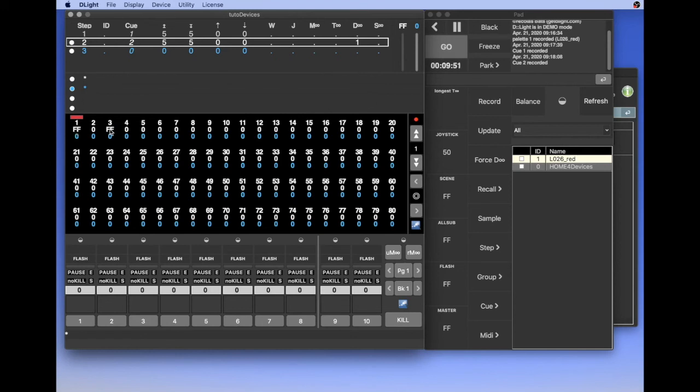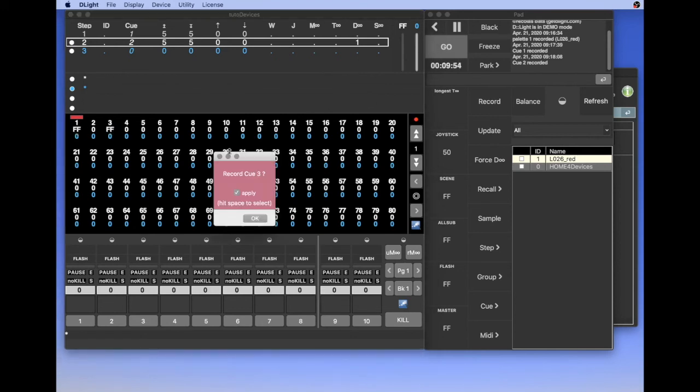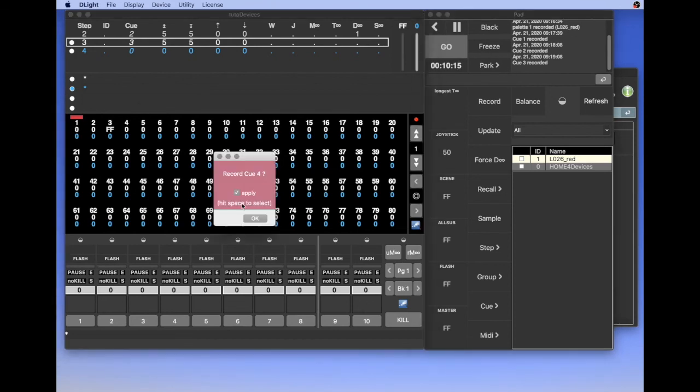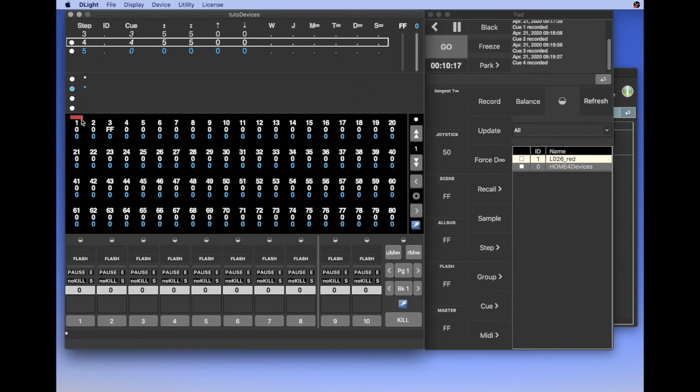Now if I record another cue, record Q3, since the state of the device didn't change, it didn't register a device link. If I set it to 0 and record Q4, the state of the device didn't change except the level, but levels are handled by the cues, so no device link was created.